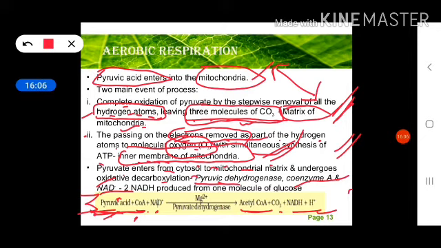This is also a form of energy, assimilatory power like NADH plus H plus. FADH2 is also assimilatory power, and then finally it is converted into malic acid, and again in a sequence hydrogen is released which NAD plus will get, to produce NADH plus H plus, and ultimately oxaloacetic acid, OAA, will reform. So it is a cycle, oxaloacetic acid is reformed, but during this reaction we get CO2